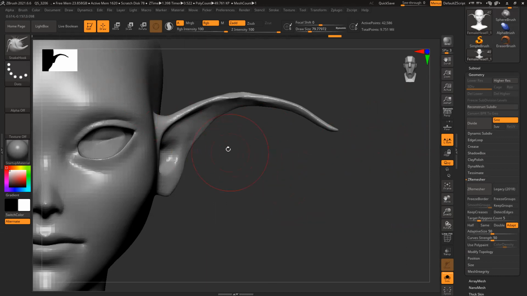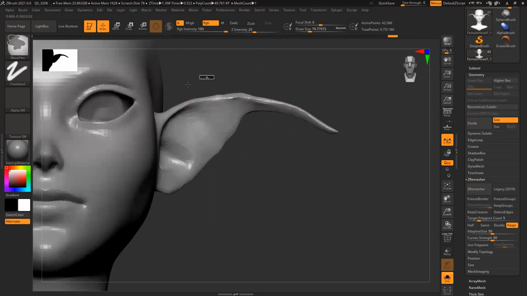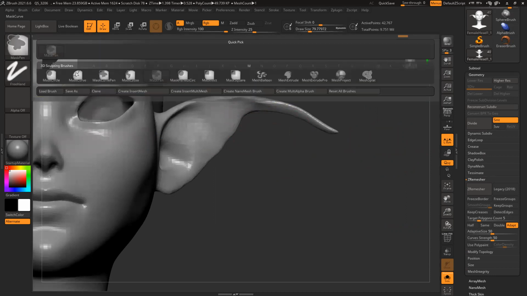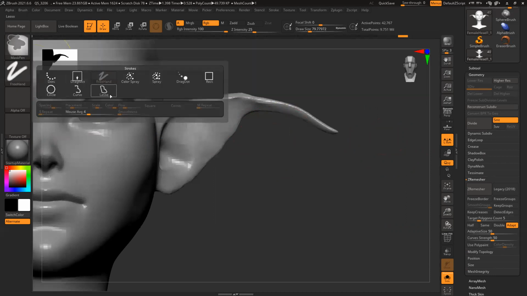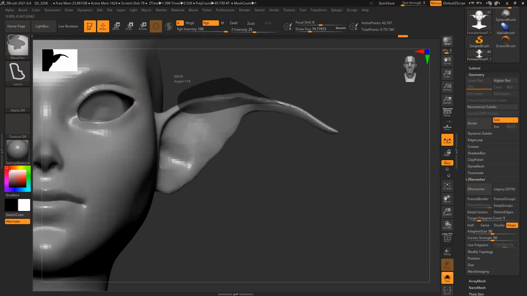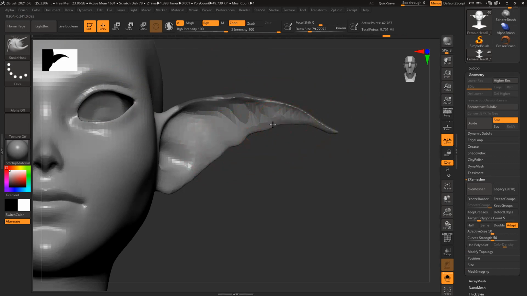And the base also slightly broad. Mask, let's use the lasso tool. Dynamesh, clean the shape.